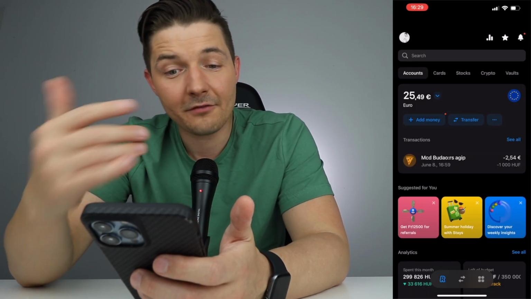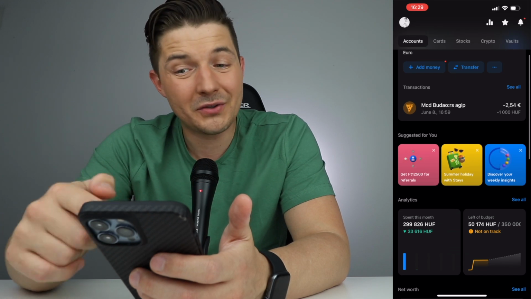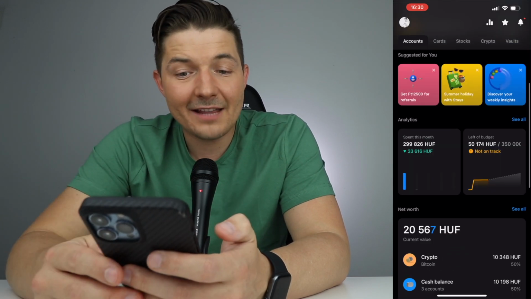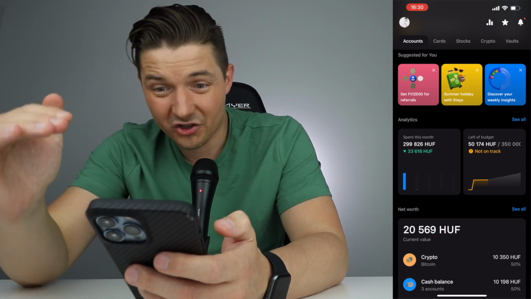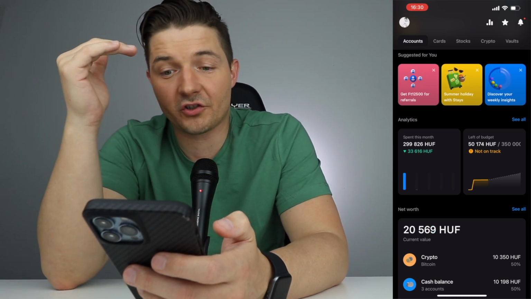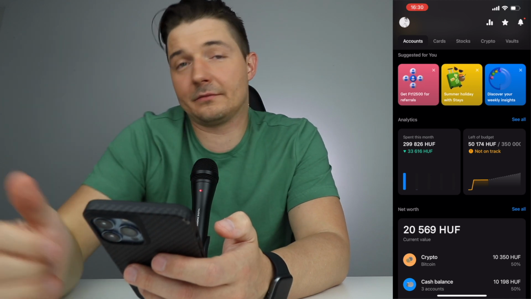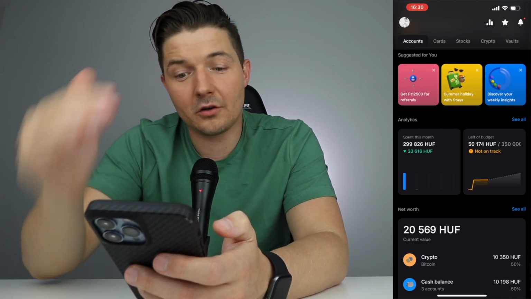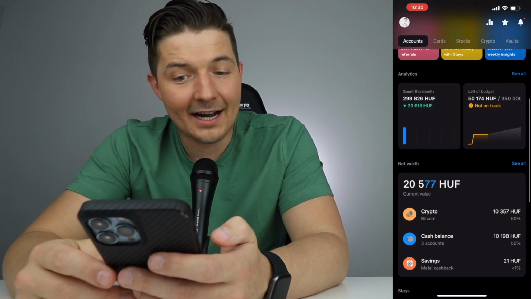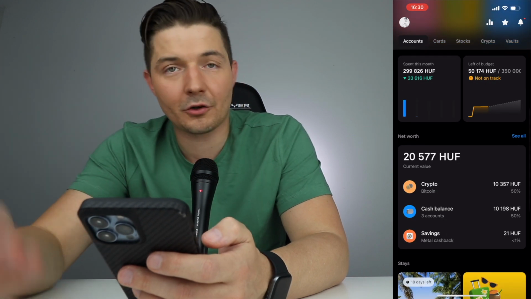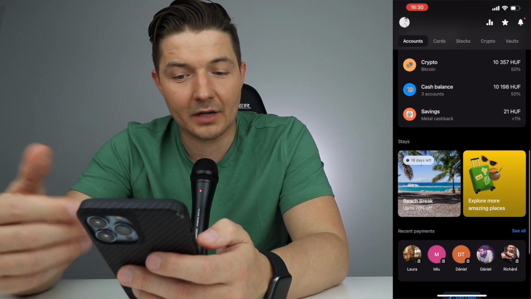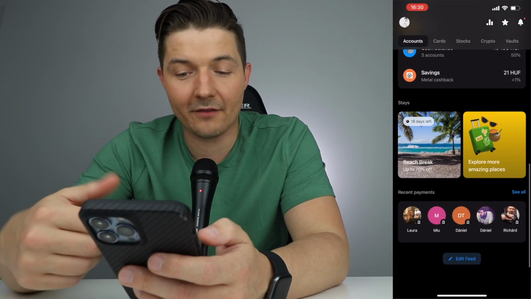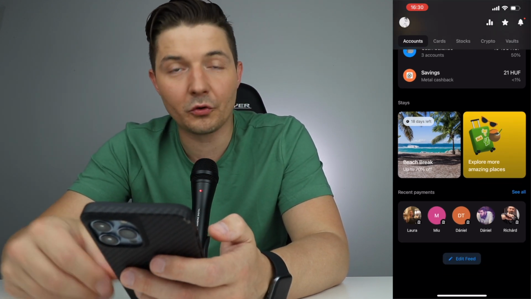So if you look more down here, you can see all your recent transactions. Then you have how much money you spend in the month, and how you can set your budget. So if you want to have a budget of $500 per month, then you can do that. And then if you go down, you can see your cryptos, how much money you have in crypto, and they have some of their offers. You can actually book from here, and you have your friends down on the bottom who you can send money to